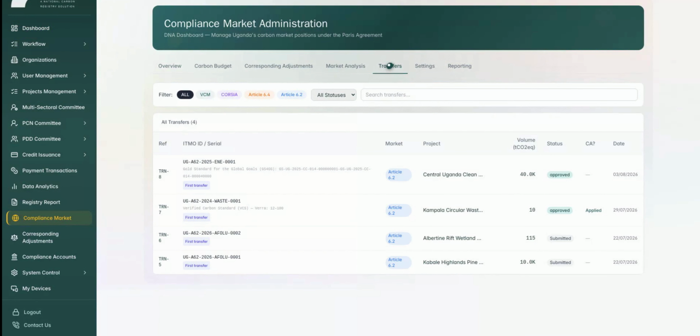On a valid first international transfer, the AMO becomes an ITMO in full, an internationally transferred mitigation outcome. And on the DNA's Article 6 transfers view, we can see it stamped with its own unique identifier. That identifier is worth reading out, because it is not an arbitrary string. It carries the host party, the mechanism, the vintage, the sector, and a sequence number. So UG A62, the vintage year, the sector code, and then the sequence. Read it and you know which country authorized the unit, under which Article 6 route, from which vintage and sector,